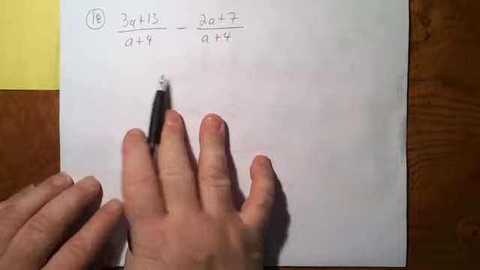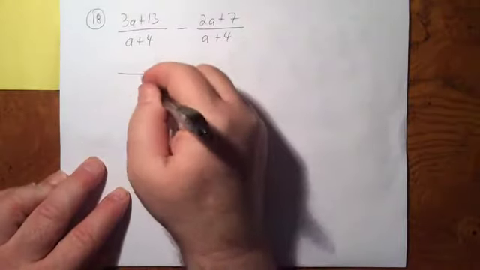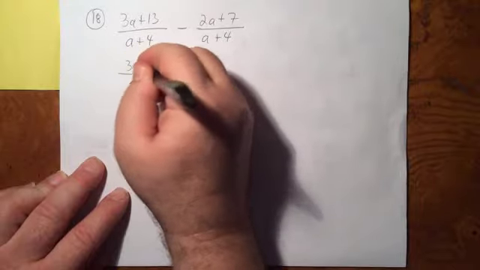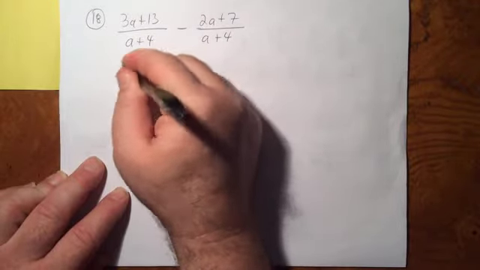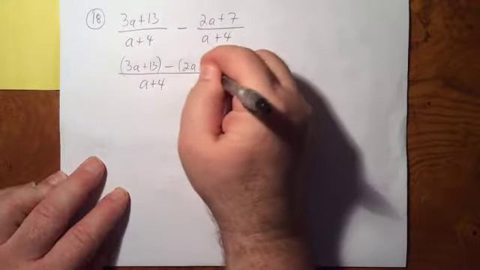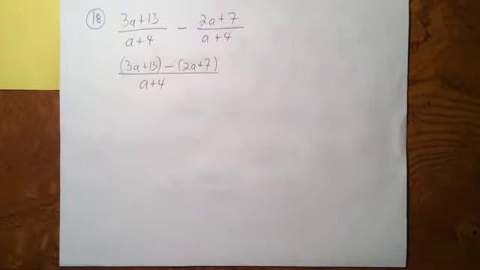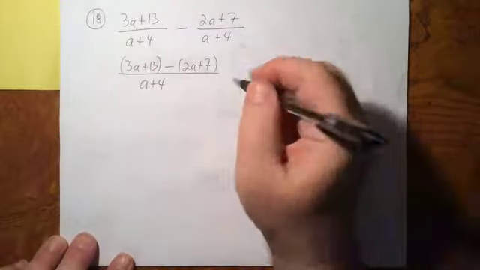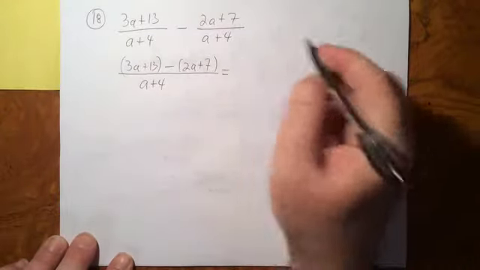So I'm going to go ahead and write this down here below, and I'm going to make this a plus 4. We now have the quantity of 3a plus 13 minus the quantity of 2a plus 7. So another area that can sometimes be not real difficult but tricky is when we are subtracting a quantity, we have to distribute the negative through. So in doing that, I'll go ahead,